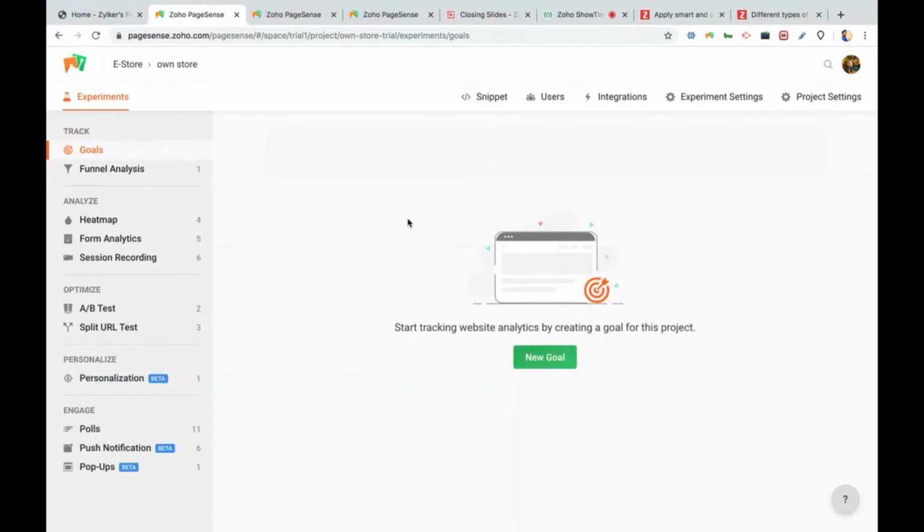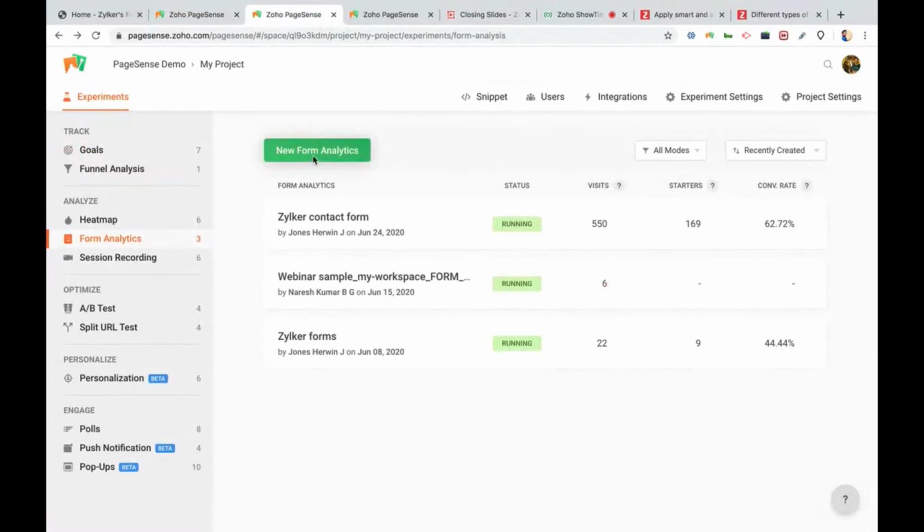So we have a code snippet in your website, and we have got to know about the modules in PageSense. Now what next? Since today we are talking about form analytics, and Vaijayanti has shown us how crucial a form is in your business and how it can really help you in either losing your site visitors or converting them as a customer. So let us dive directly into form analytics and see how you can create one in PageSense.